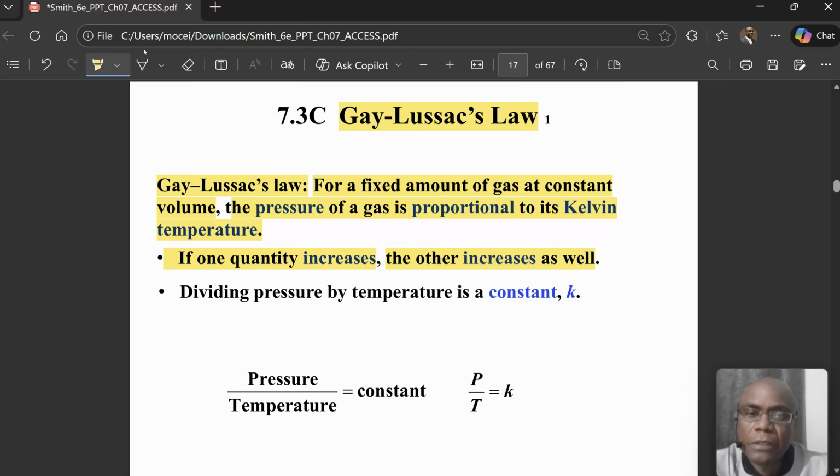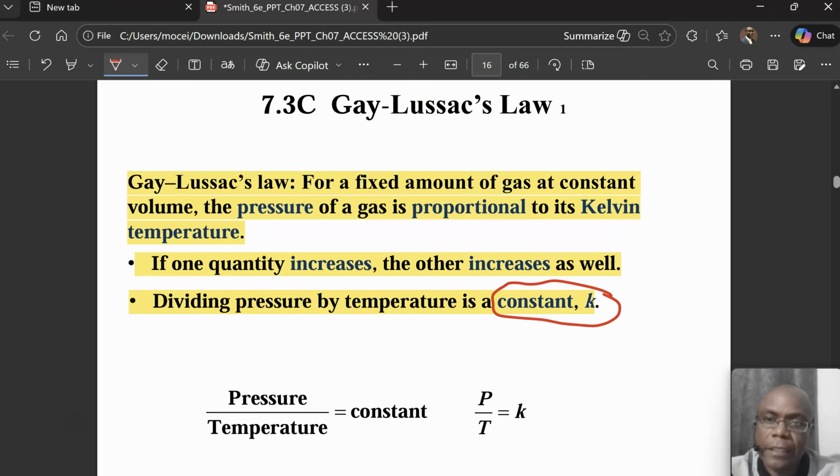because the molecules will now move faster due to increased kinetic energy, increasing collisions of the gas molecules with themselves and the inner wall of the container, pushing the inner wall of the container outwards. That is force per unit area, that is pressure. Dividing the pressure by temperature will give us a constant